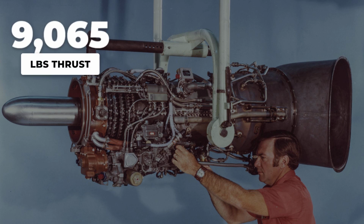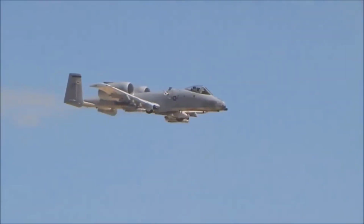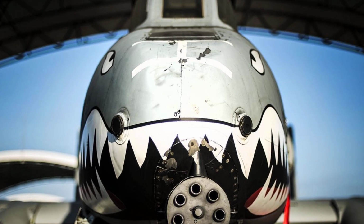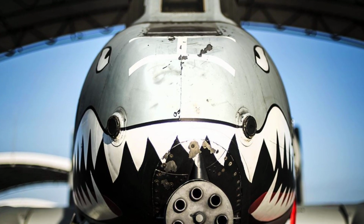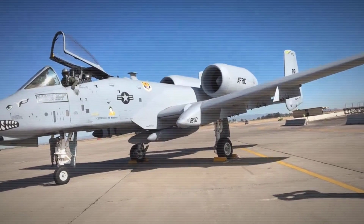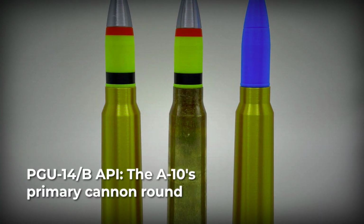Each engine produces 9,065 pounds of thrust. The cannon's recoil exceeds one engine's output. It is mounted slightly to the left of center, so the firing barrel sits precisely on the aircraft's center line, preventing the recoil from yawing the nose. Engine igniters automatically activate when the trigger is pulled, because the gun's oxygen-free exhaust was causing engine flameouts during early testing. The primary round is the